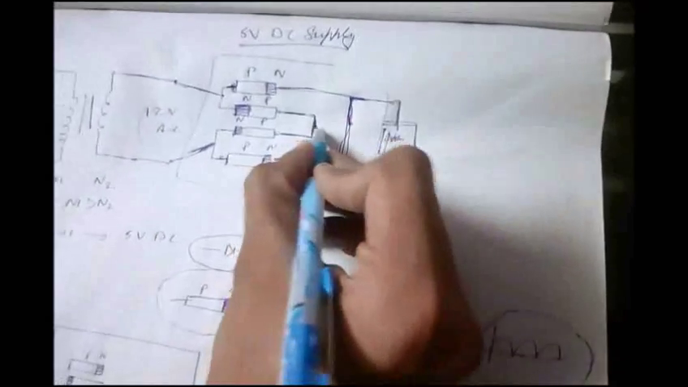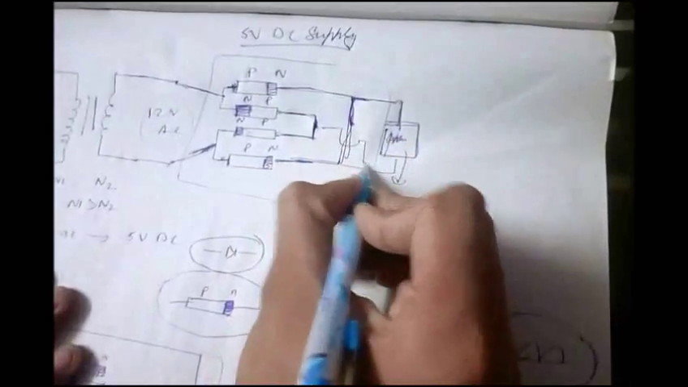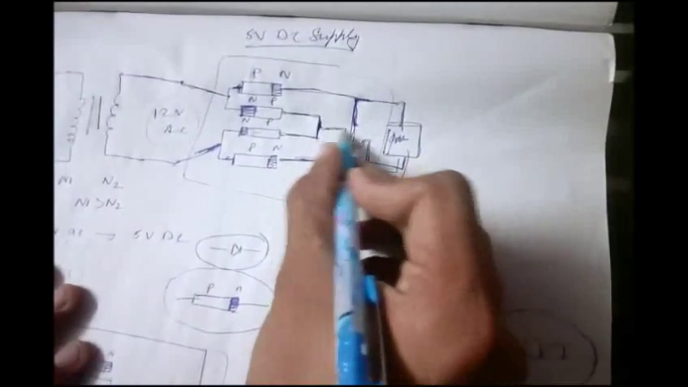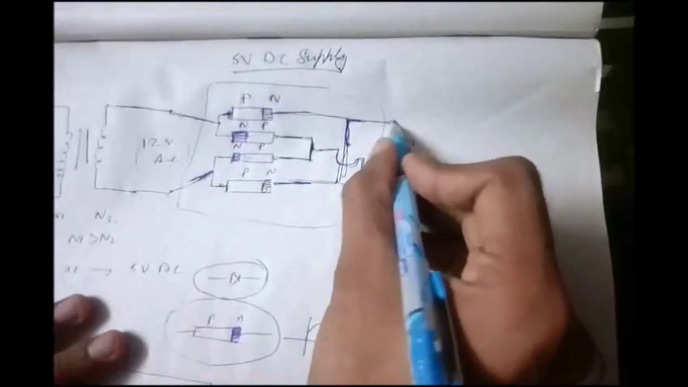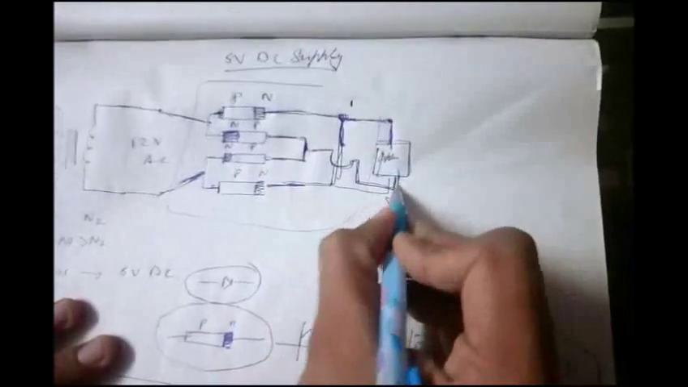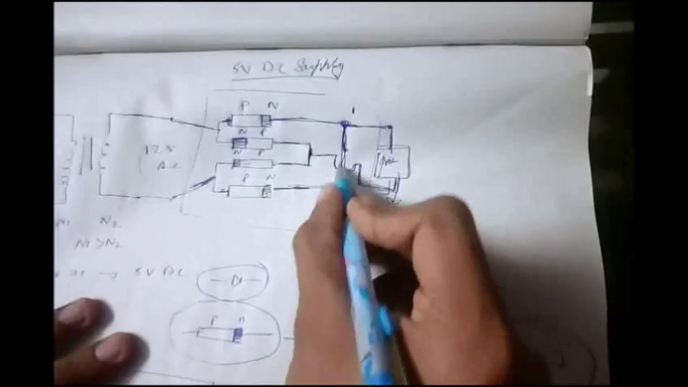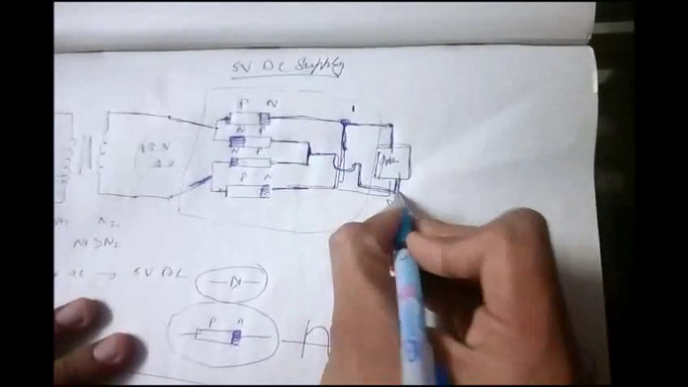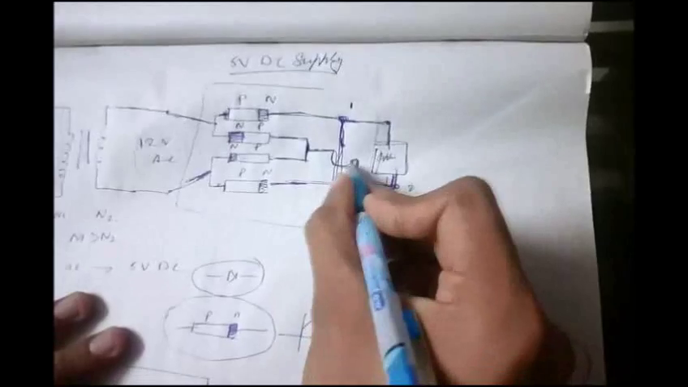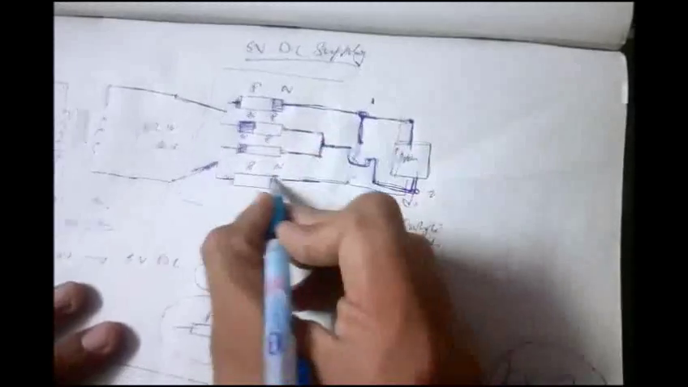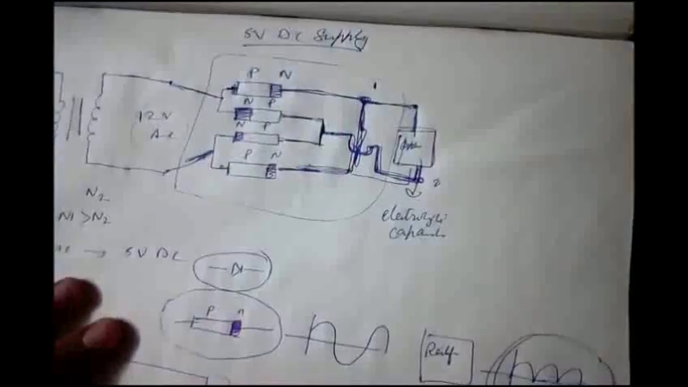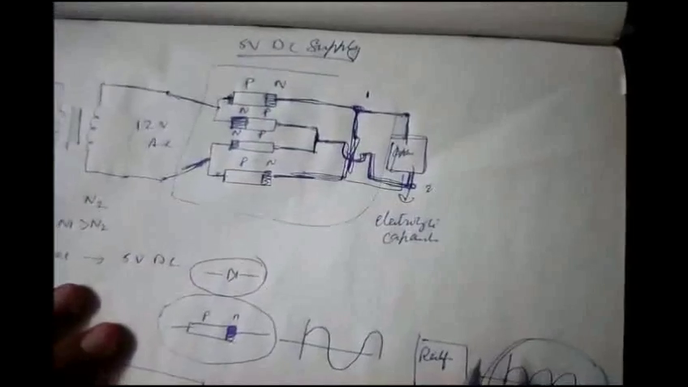Connect this portion of the capacitor with this, and this portion with this. You have connected this point of the capacitor with point 1, and the other end of the capacitor with point 2. Okay, now